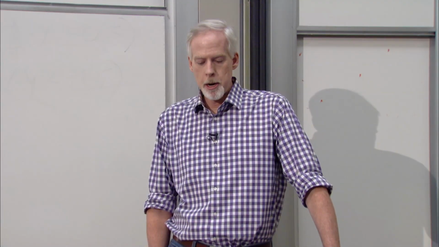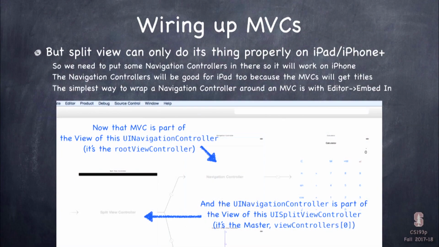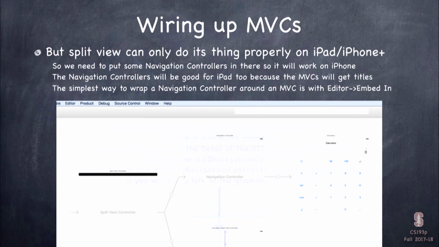Now, one thing to notice about this, of course, is that now the master of your split view is no longer the calculator, it's a navigation controller. So if you actually wanted to get at the calculator, you would have to get the master and then look at the master's root view controller to find the calculator there. By the way, you can also put the